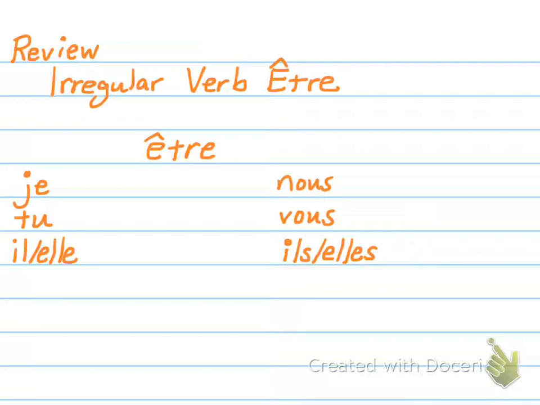The next thing to review is the first verb that you've learned, which is the irregular verb être. Remember, we learned this first because it's the most commonly used verb in both French and English. Être means to be. And what you see right here is what we call a conjugation chart. It's how you make sure that your verb is agreeing with your subject. And for être, the forms of the verb, hopefully you can fill this in ahead of me, are je suis,